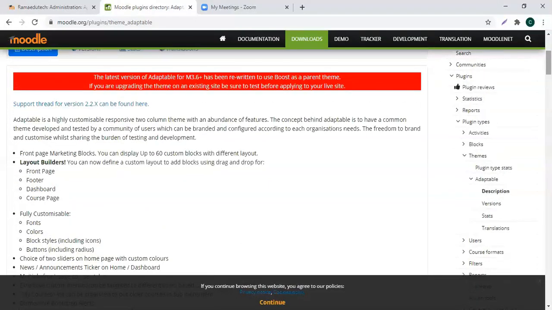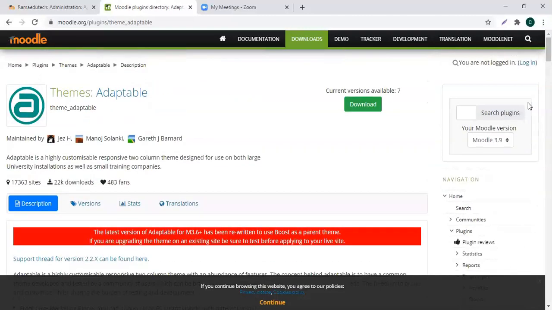Now it says that it has been rewritten to use Boost as a parent theme. Boost was the default theme that came with Moodle, and it is selected by default, so we don't have to worry about that. Now there are 2 ways of installing a plugin or a theme. One is to log in to this site, moodle.org.